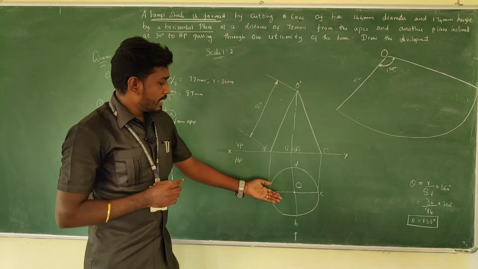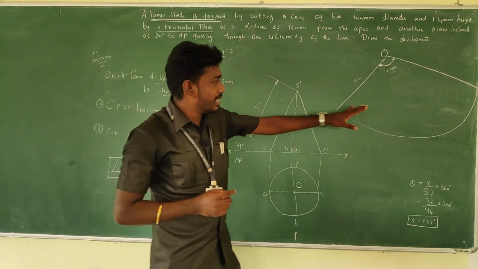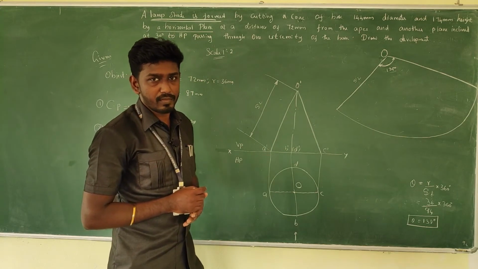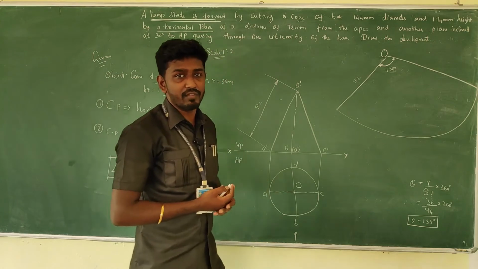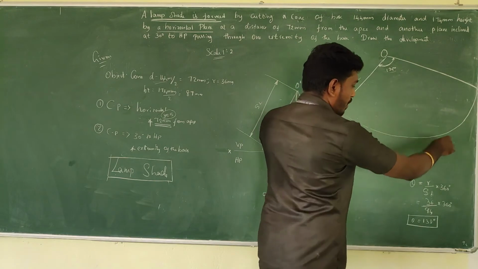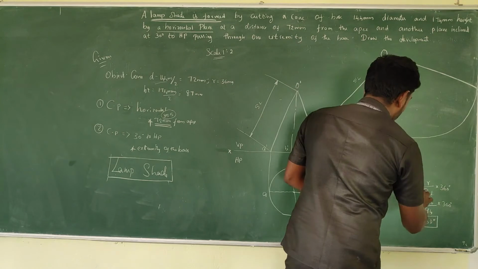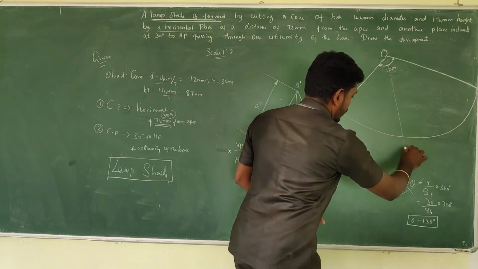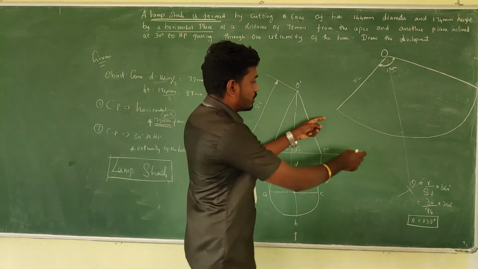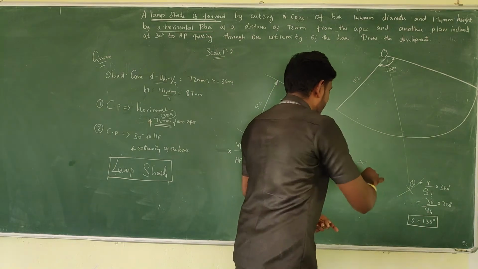And then here the base circle is divided into 4 equal parts. Am I right? In the same manner, the stretch out also needs to be divided into 4 equal parts first. It is easy. By using the bisection we can make it. So this is one and this is one. Take more than half of it, go for a cut. From here just go for a cut, so that when you are drawing you'll get a segment into 2.